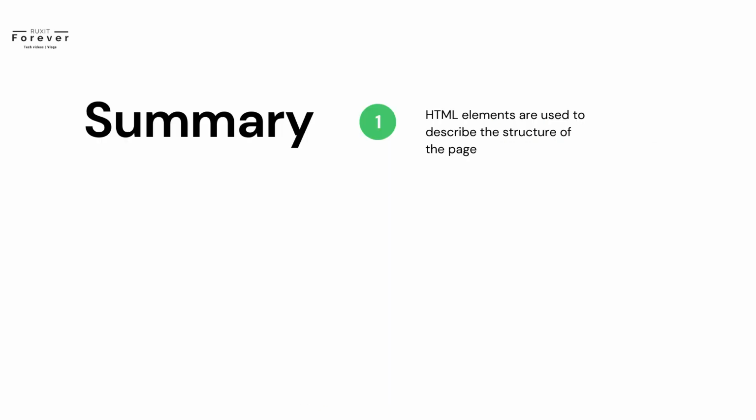Now it's time to recall the summary. HTML elements are used to describe the structure of the page, e.g., headings, subheadings, paragraphs. They also provide semantic information, e.g., where the emphasis should be placed, the definition of any acronyms used, when given